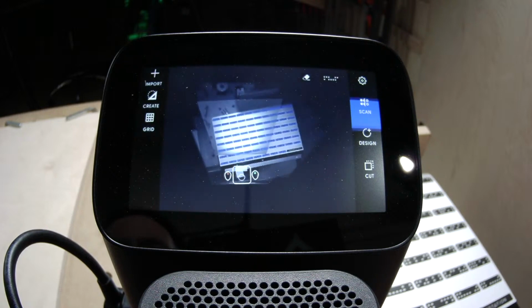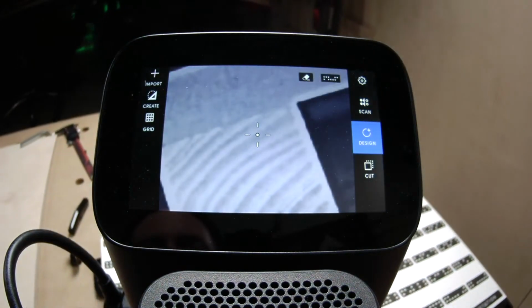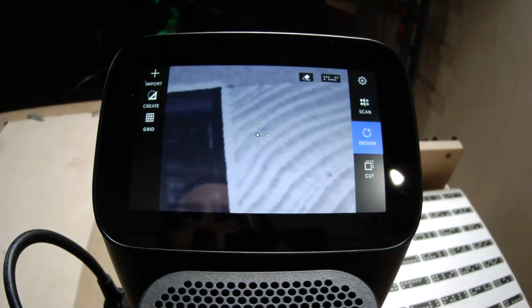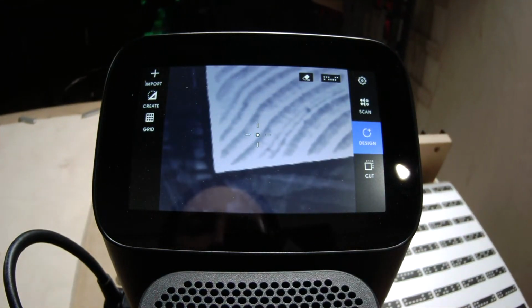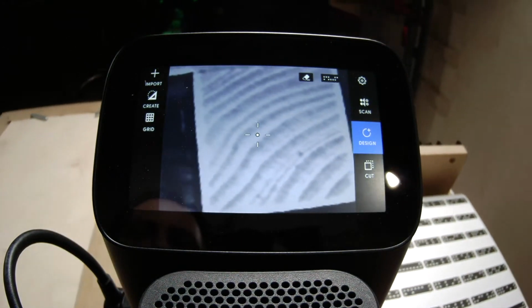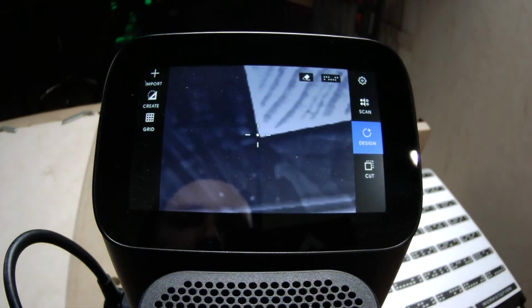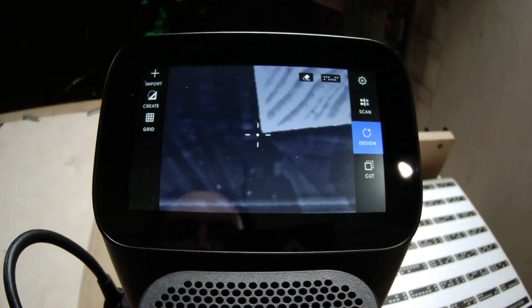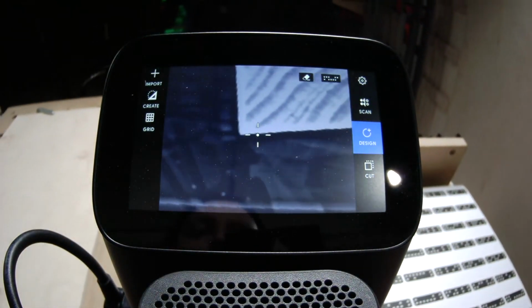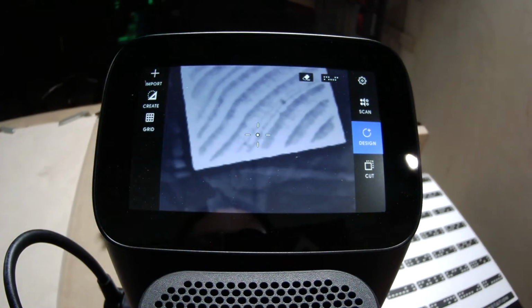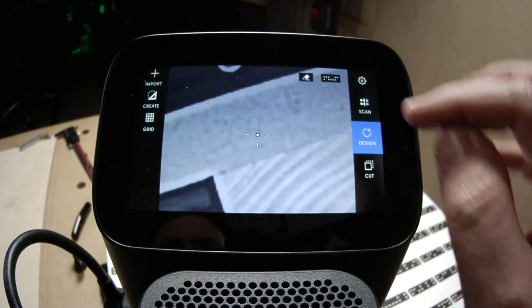Once the scan is created, I'm now sort of inside of this world, and this dot here in the center of the screen, that dot is the actual dead center of the bit. So right down the middle of the router. So that's really actually quite amazing to be able to see in close detail exactly what's going on at the business end of the router. We'll go over a couple of other things on that later, but basically we've got a scan created now,